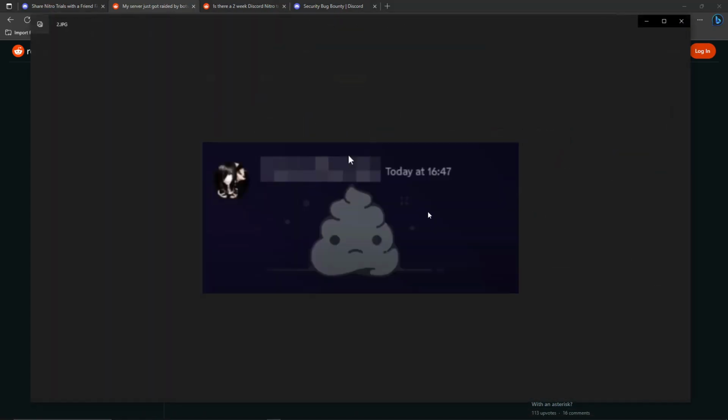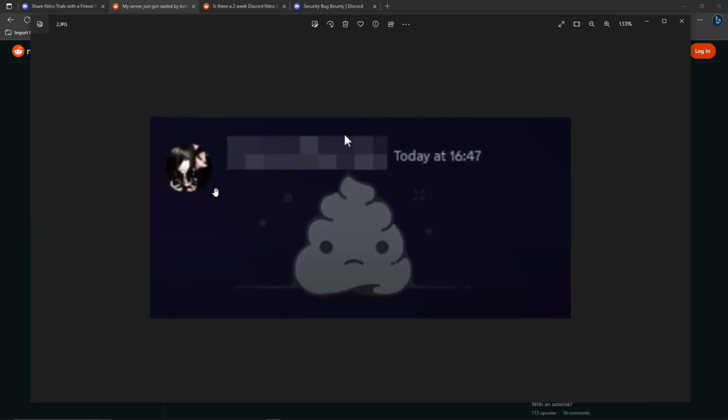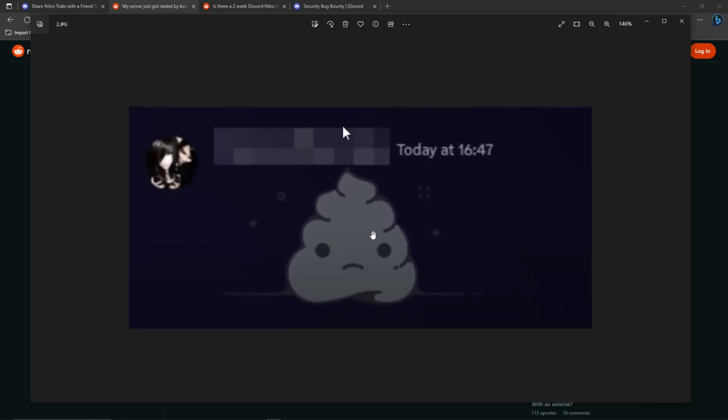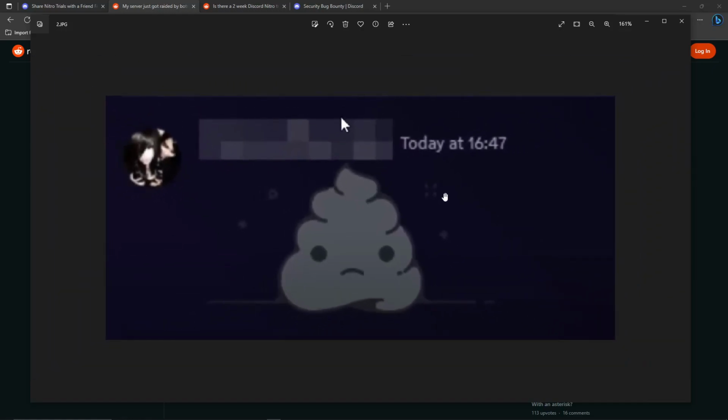So this is the specific account that hacked every server that I know. This is the logo of the account, the icon, the profile picture, and this is the only message. It's just basically a poop logo. It's spamming the server. It's not really doing much. It's not really harmful in a way, but it's irritating for all the gamers out there. It's very not good, especially if that guy decided to take it up a notch, they can steal your information and such. But for now, I think all he did was spam this poop icon.